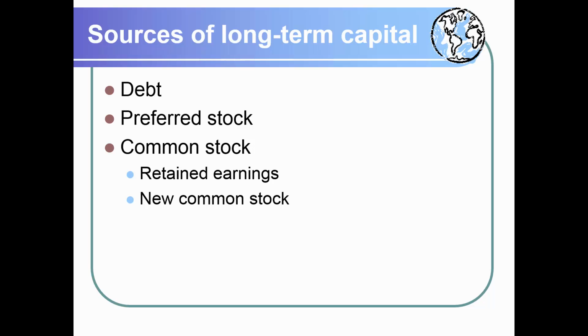Now, what is the cost of that? The cost of retained earnings is the same as the cost of equity. What about the cost of new common stock? The cost of new common stock is going to be higher. Why is it higher? The reason is that the company has to pay money to investment bankers and so on. So typically when a company sells new stock, around 7% goes as commission to investment bankers. Again, they have to pay accountants and so on. All said and done, when you talk about an IPO, around 15% of the total money they raise goes as fees to the investment bankers, accountants, lawyers, and so on.